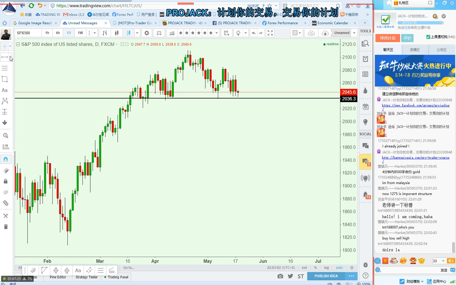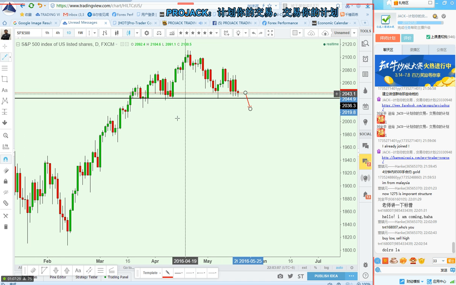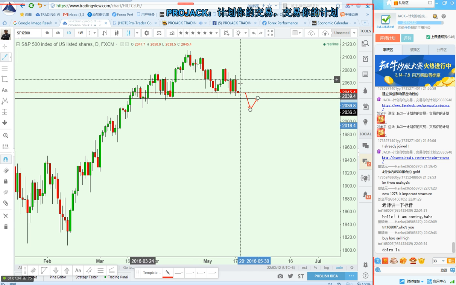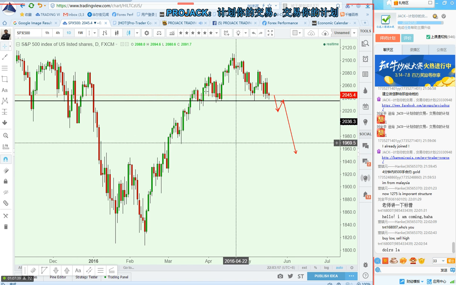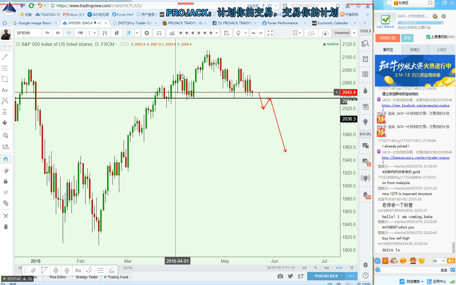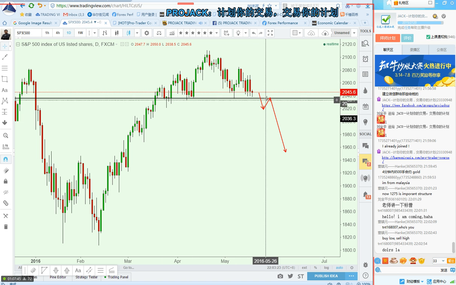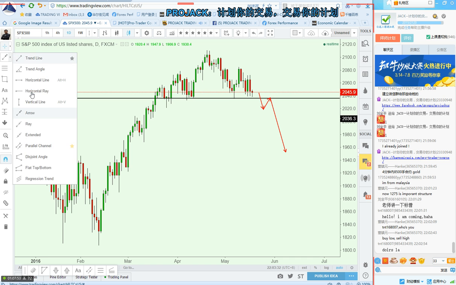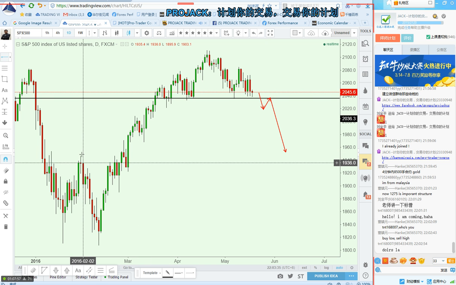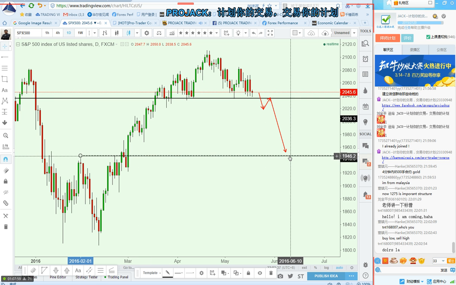If S&P really falls below this level, what will happen? Guess. What will happen? It may just collapse because it is putting in a top, and this is the neckline. Once this level is violated, all those buyers will lose interest, sellers come in, and the price may quickly fall to 1950, maybe this level. It may come all the way to here.